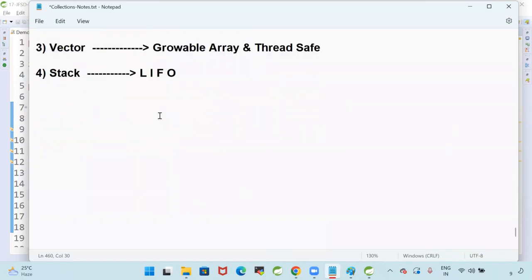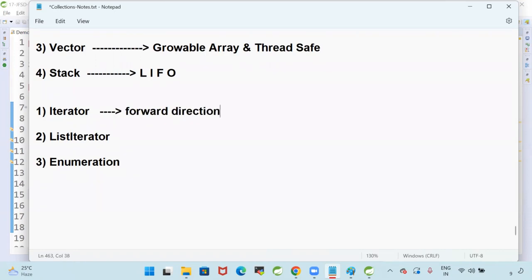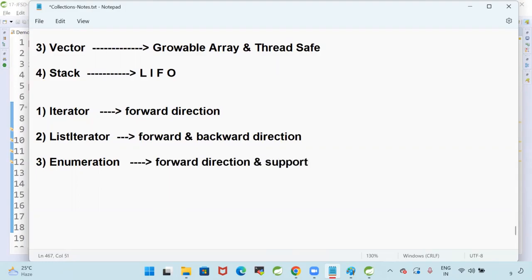And we have seen three cursors. One cursor is called Iterator. Second cursor is called ListIterator. Third cursor is called Enumeration. Now here Iterator supports forward direction. ListIterator supports forward and backward direction. Then what is Enumeration? Enumeration supports only forward direction and